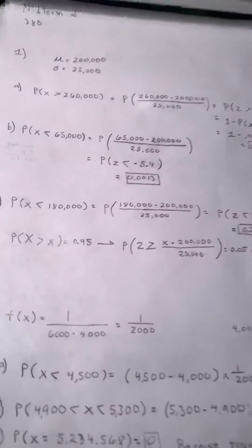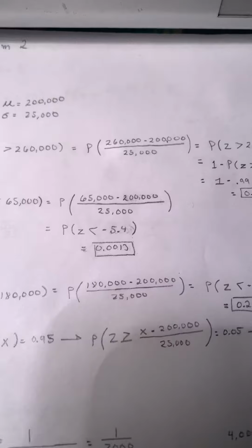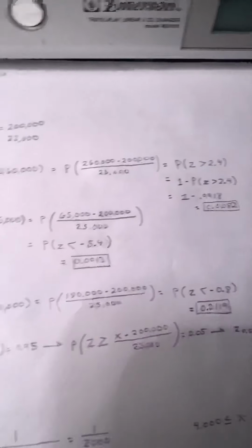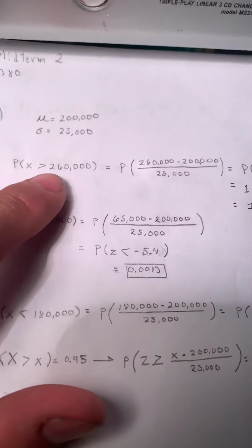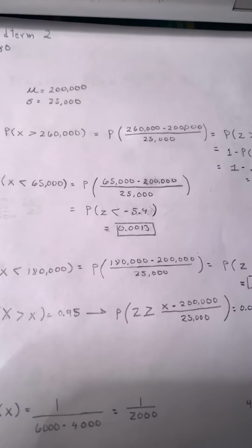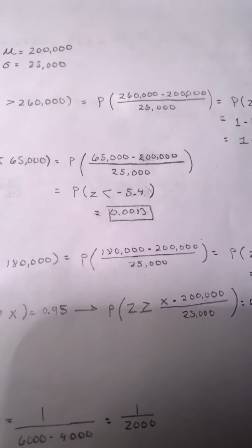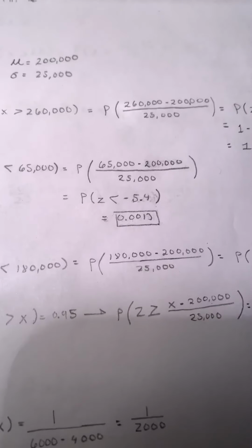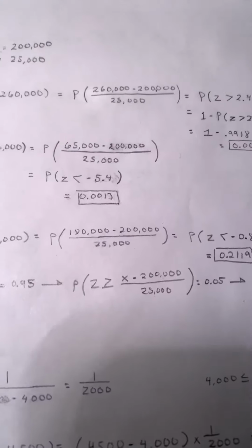So 1B, we're trying to find that our battery packs last at least 65,000 miles or less. To begin with, we got a standard deviation of 25,000 miles and a mean of 200,000. So basically, I did a probability of 65,000 minus 200,000 over 25,000. And that gives us a z less than negative 5.4. And according to our z table in the back of the book, table 3, we get